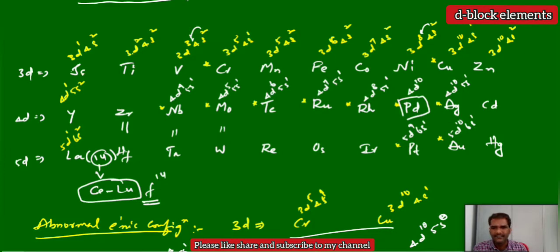But in the case of the first series, if you see scandium, yttrium, lanthanum, in these three elements there is no lanthanide effect. Why? Because there is no lanthanum involvement here, so there are no 14 elements. After lanthanum only, the elements coming after lanthanum, that is from hafnium onwards, we can see this effect. So in the 4d and 5d series, here zirconium, hafnium, niobium, tantalum, molybdenum, these have almost similar size up to cadmium and mercury. But yttrium, lanthanum, there is an exception. Why? Because there is no lanthanide contraction.